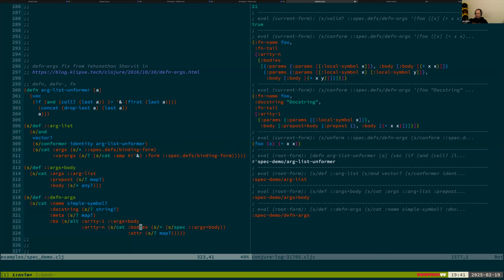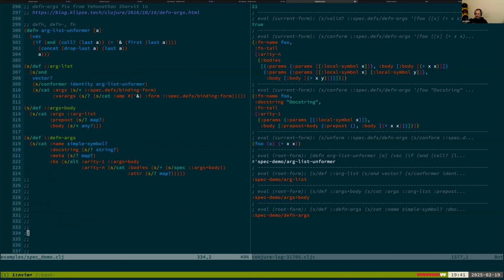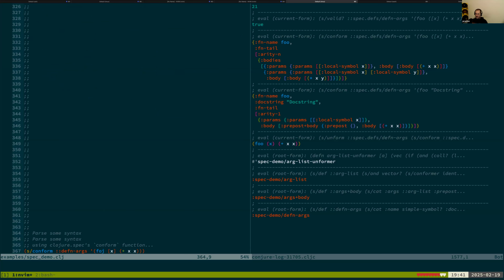But what we can do is, if we give our own override for defn args so we don't accidentally break Clojure, you can give a conformer which says, how do I conform something, and if I want to manipulate the conforming after, how do I unform that for this? So the arg list, I can turn it back into a vector. So I do whatever there is and turn it back into a vector. So I can say, I want it to look the same as I unformed it. Let me come back here. So now if we